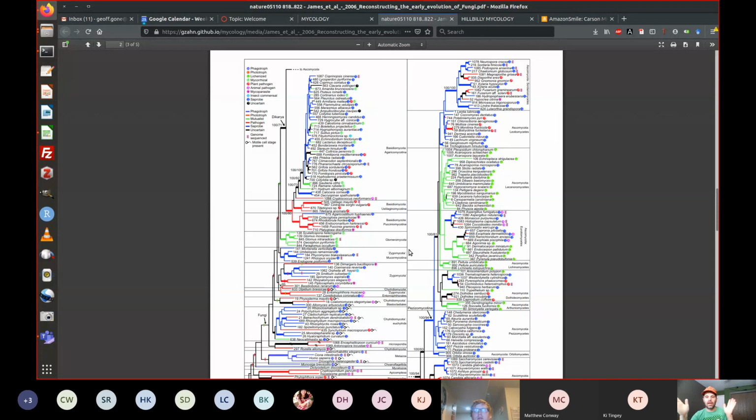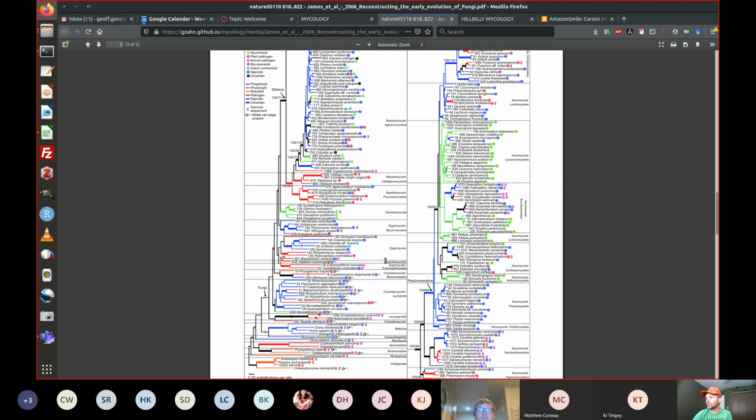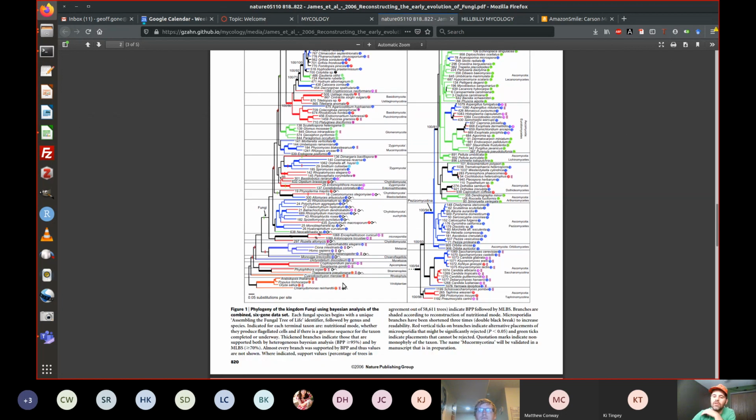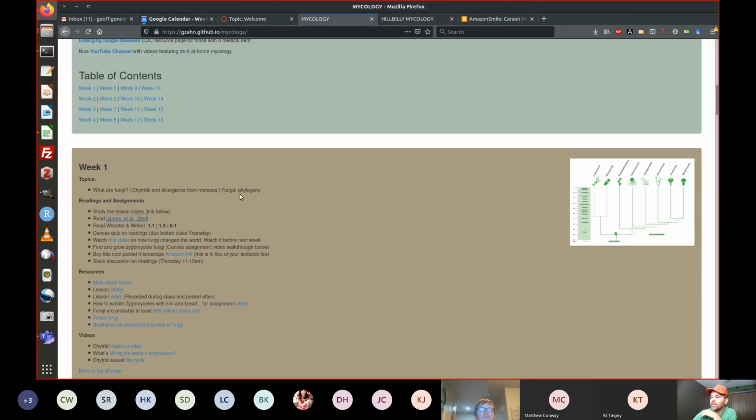And they were really trying to get at this divergence of fungi and animals, because fungi and animals are each other's closest relatives. Right? Fungi are way more similar to animals than they are to plants. And so they're trying to look at the first fungi and that early diverging group. We know them as the chytrids or the chytridiomycetes. That's what this paper is about, and so it's a good place to start our reading. So make sure you read that. Keep in mind what the authors are trying to accomplish and how they did it,